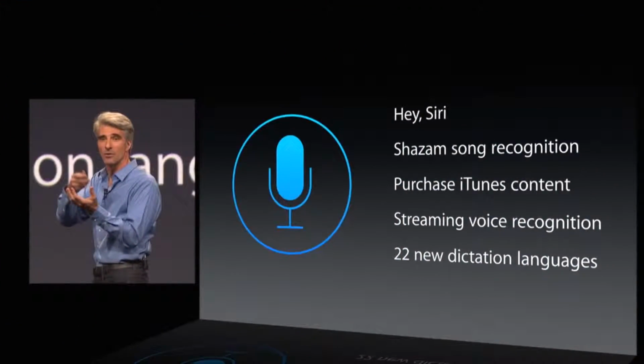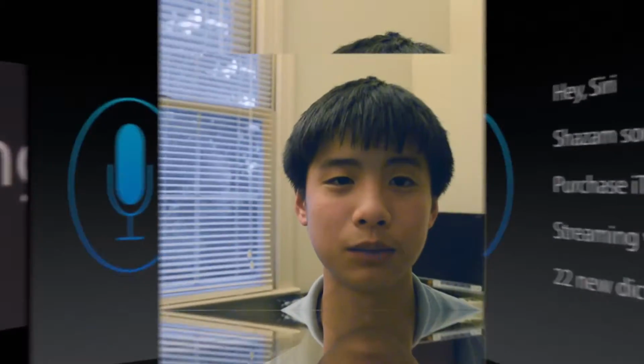And another thing they've boosted is Siri. What they've done to Siri is actually what Google has had for a long time, where you can say, okay, Google, and it will automatically pop up. Well, now you can say, hey, Siri, and it'll do the same thing. Another thing is it shows what it thinks you're saying as you're saying it. Google Now has had that for a while. It's a really nice feature that they finally got around to adding.